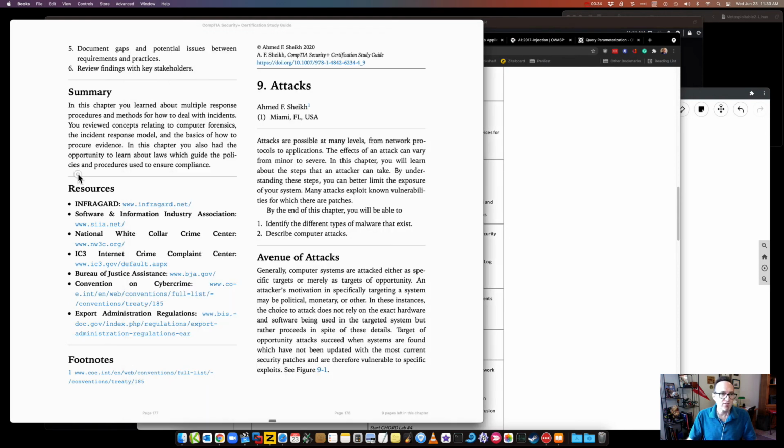So chapter 9, attacks. Chapter 9 definitely starts off with a good point, which is targets of opportunity. In Security Plus, being on defense, you've got to think like the attacker. This is why we learn the tools of the trade and also the thought process. And you don't just attack the company or target the computer, you target the people behind the